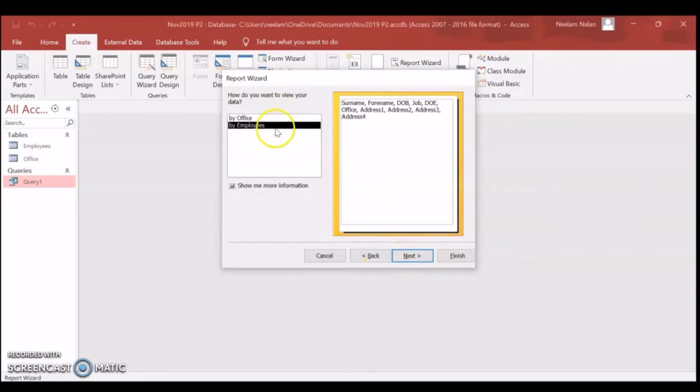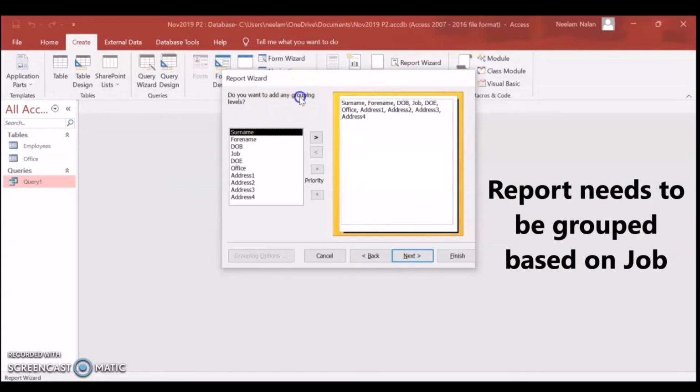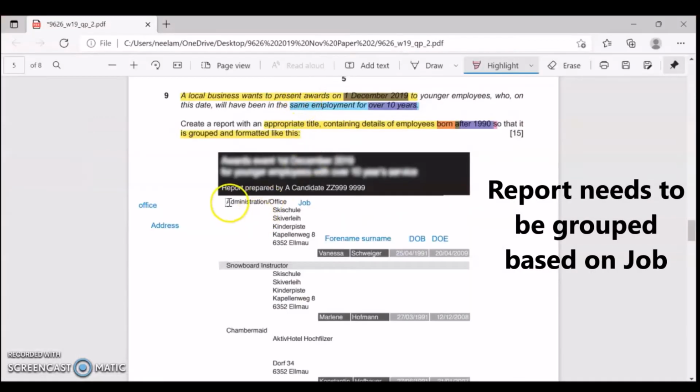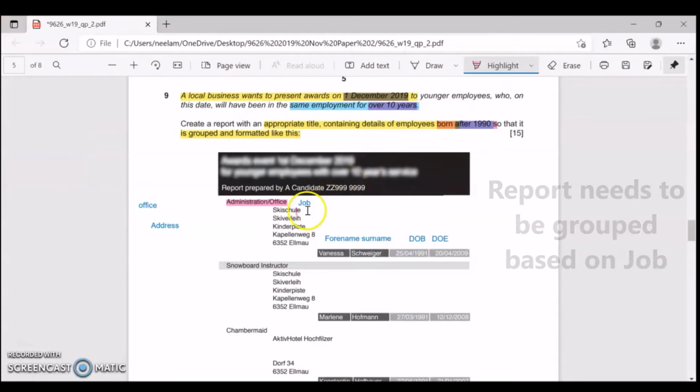Let's see on the output the sample they have shown us. It is grouped by jobs and then by office. So first we'll select job. So you can see the grouping happened. Then office.